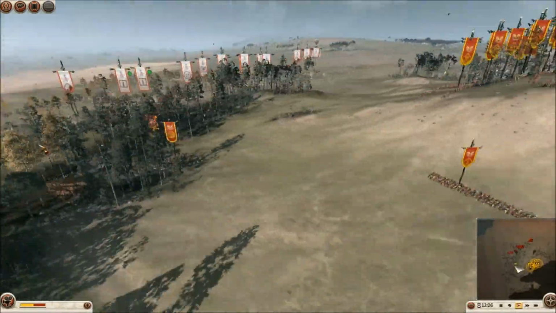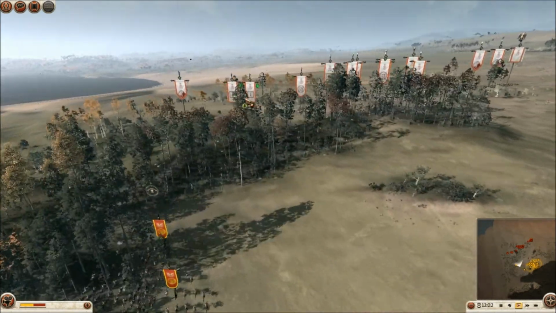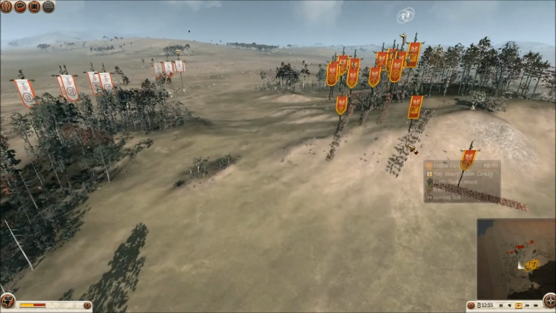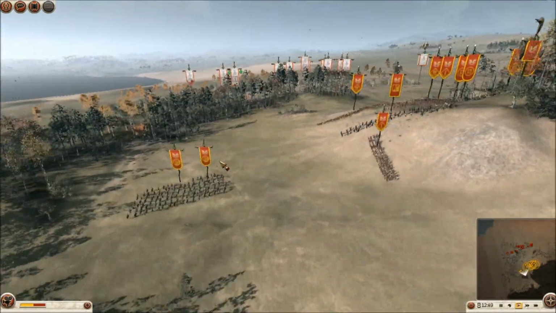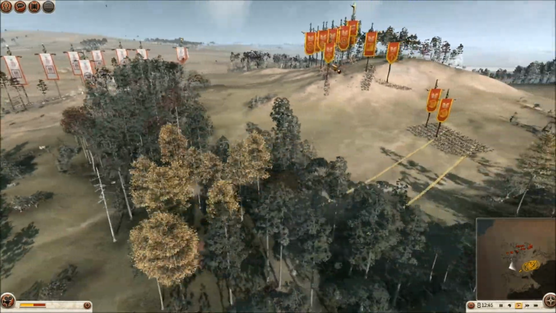Got a few kills with them, but nothing too dangerous. Didn't really want to get in a melee engagement on that side, so I did move up my Iberian swordsmen to support the rest of my army. You'll see here that I'm starting to advance slightly down the hill, but I will be playing out the flanks, as always, to see if I can get